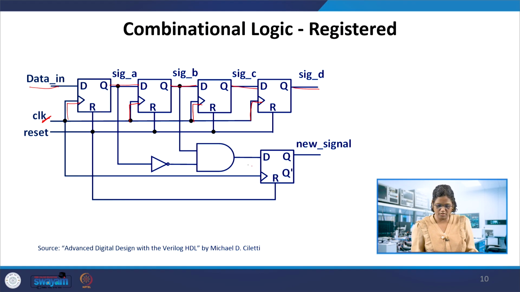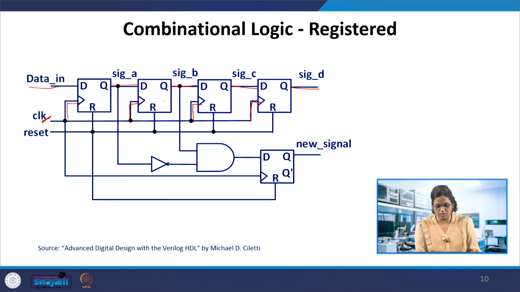That new signal is to be stable, that is, registered. So the same reset and clock of the shift register are used here to make the flip flop. How do we make this circuit?